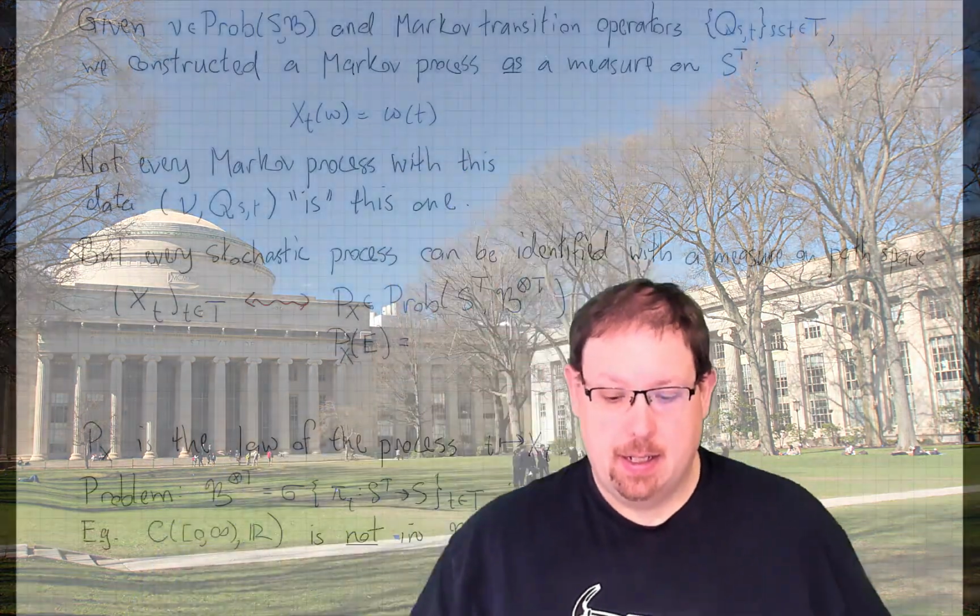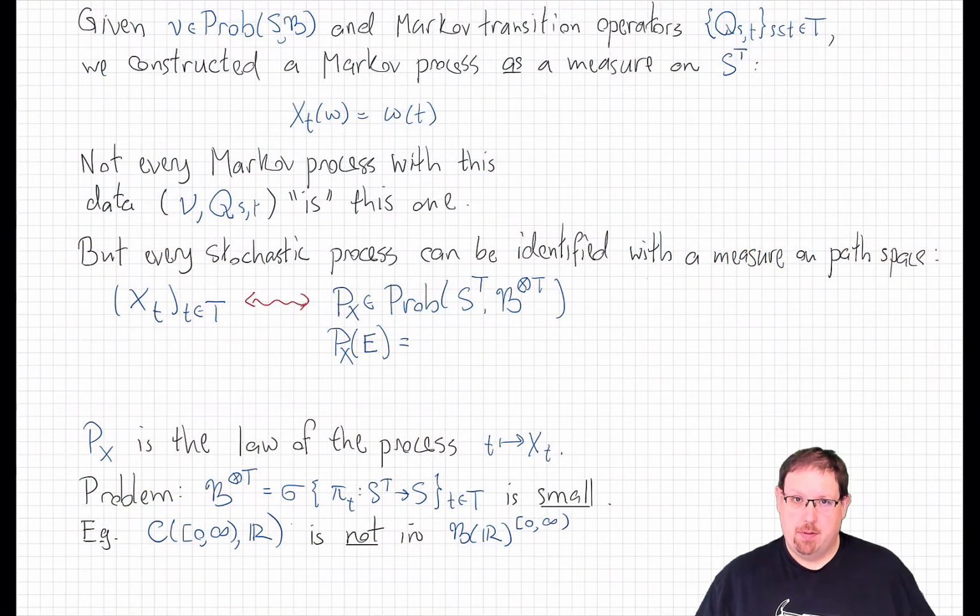Last time, we saw how, using Kolmogorov's extension theorem, we can construct a Markov process with any given transition kernels and any given initial distribution. We constructed that Markov process on a path space. Namely, if the time set for the process is T and the state space is S, we took as our probability space S to the T,